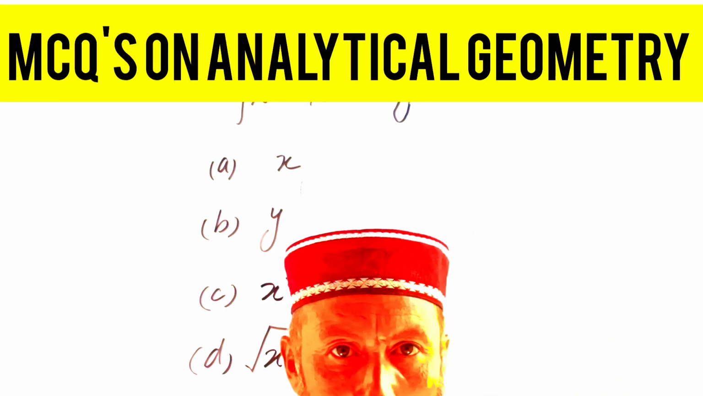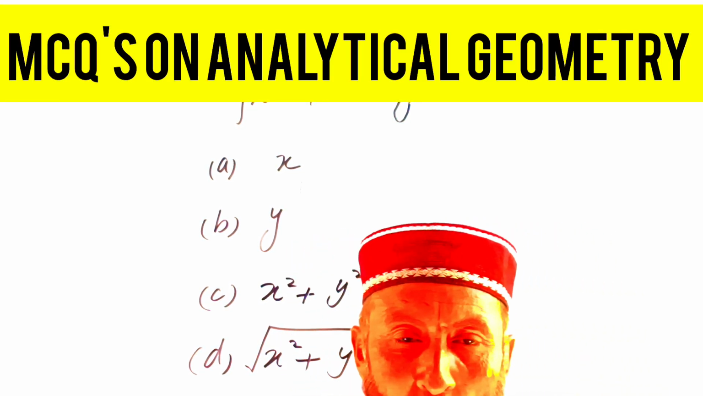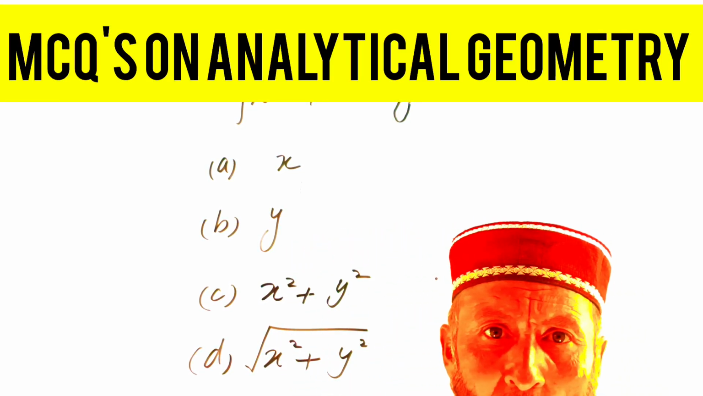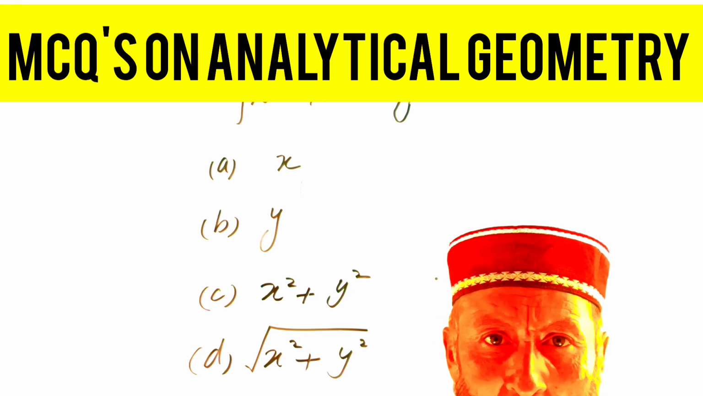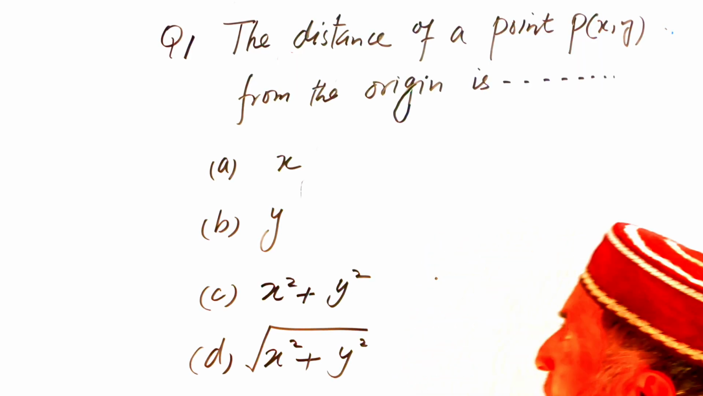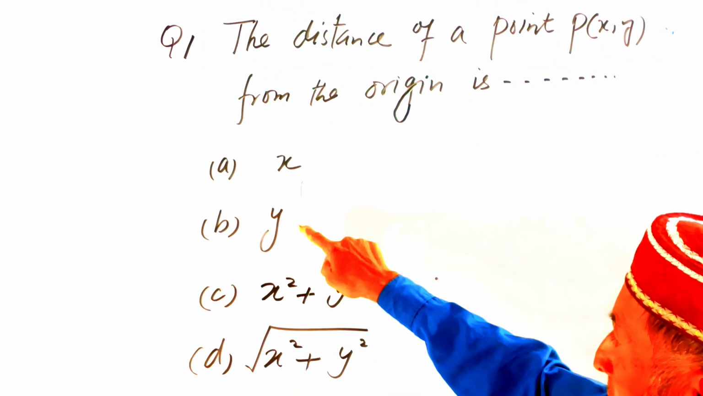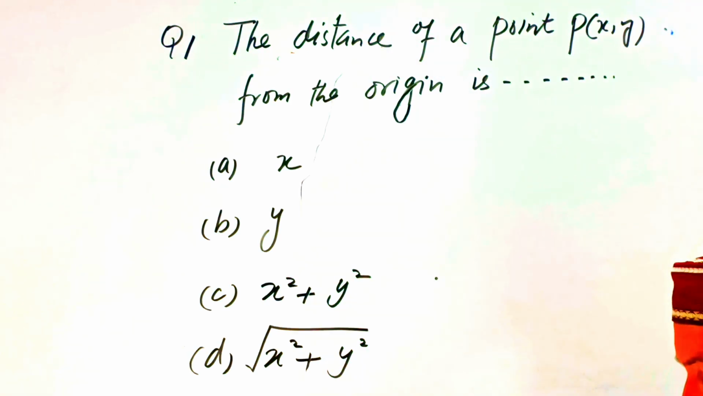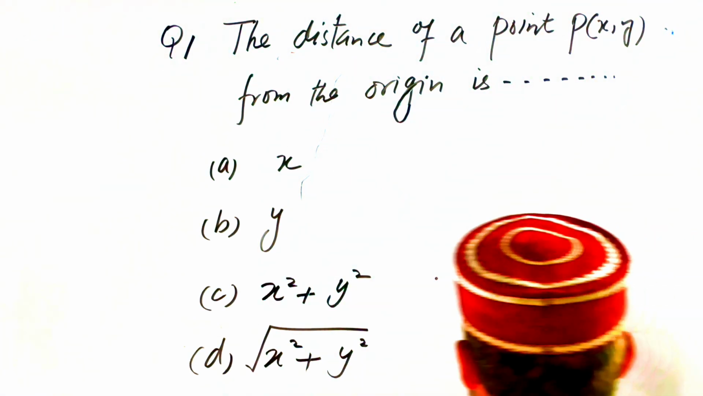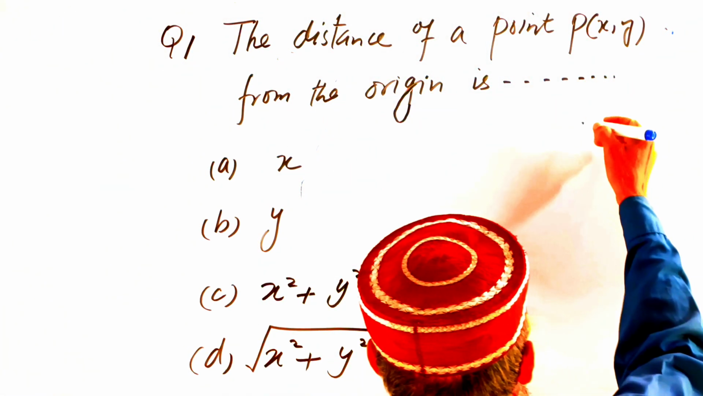Dear students, today we are proceeding to the next chapter, analytical geometry, in the second year book. Let's start question number 1. The distance of a point P(x, y) from the origin is √(x² + y²). As we know, the equation of the